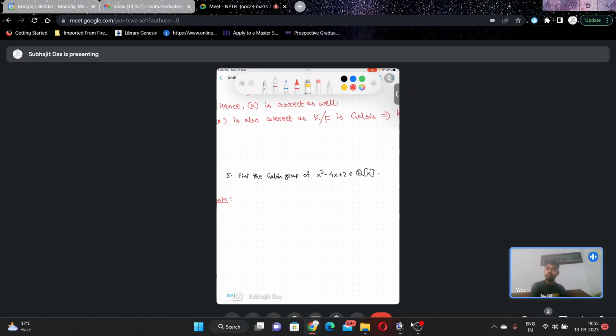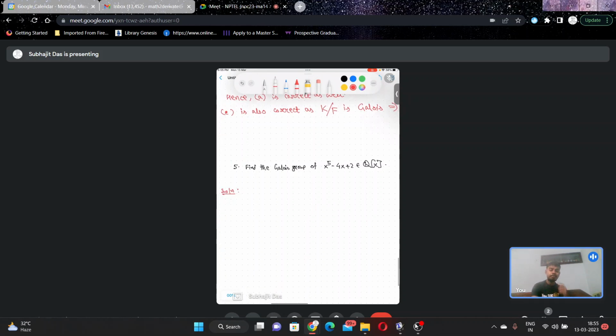So one of the main aims of Galois theory is to prove the Galois great theorem, which says, very roughly speaking, that if you take a field of characteristic 0 and a polynomial over that field, then that polynomial is solvable by radicals. You know what solvability by radicals means, right? That is, there is some radical extension of the base field which contains a splitting field of this polynomial. So a polynomial is solvable by radicals if and only if its Galois group, that is the Galois group of the splitting field of this polynomial,